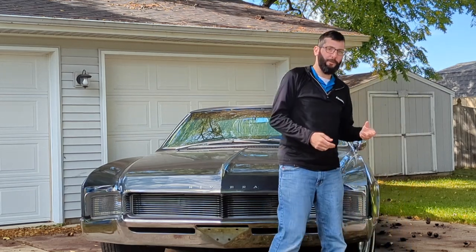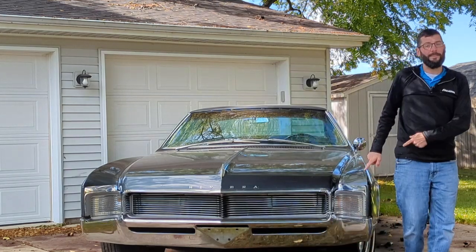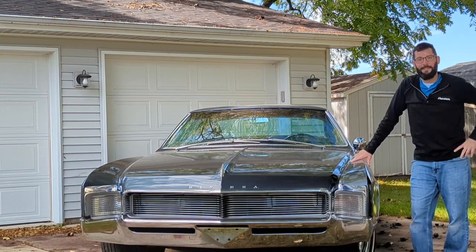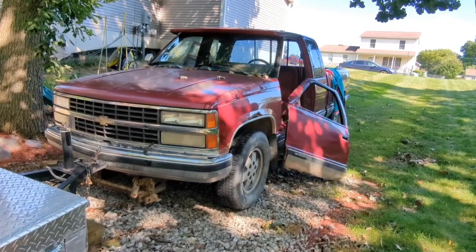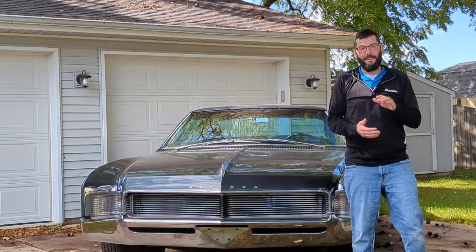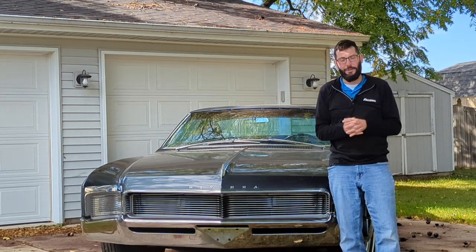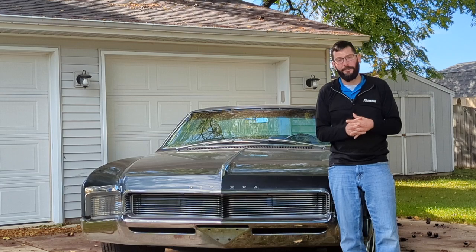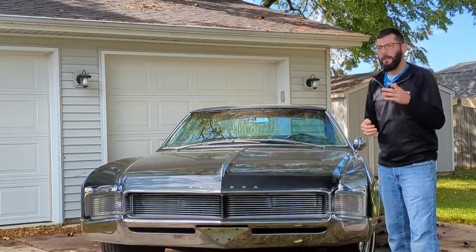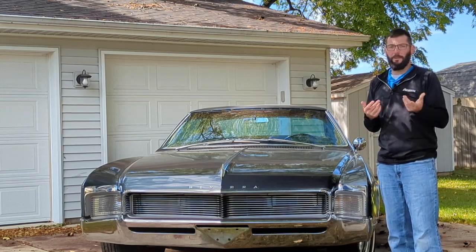We're actually going to start off with something really nice. It's not this actually. Instead, it's this. That's right, my 1990 GMT 400 K1500 Silverado. So we're going to start off with that. I'm going to show you at least one of the issues I've had with the truck, and maybe we'll get